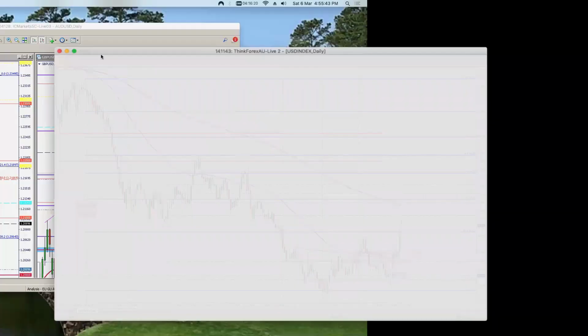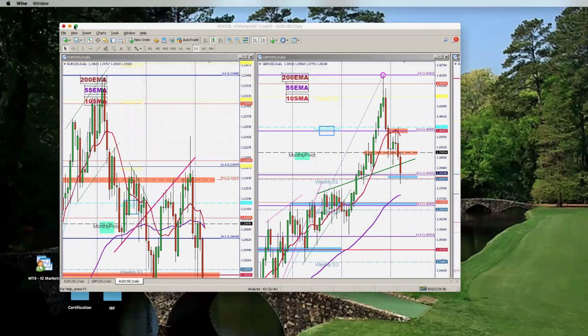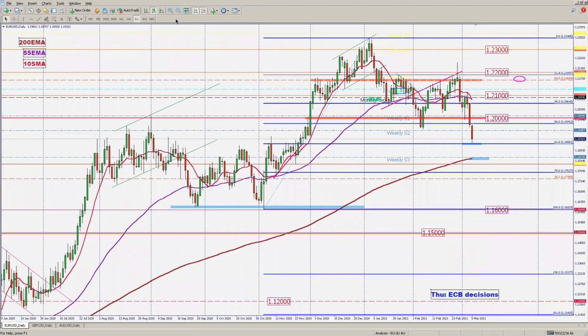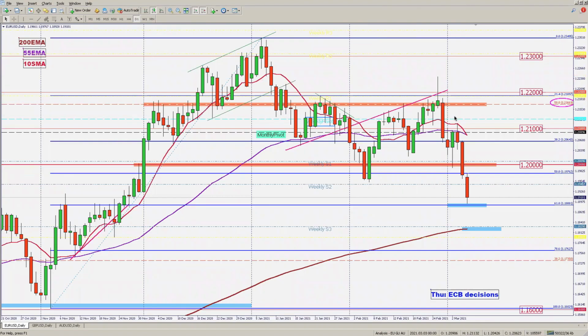All right, let's move on to the euro. Following the drop at the end of February, which was the last day of the previous week, it has pulled back to the 121.00 area before getting rejected and falling back below the new monthly pivot and the daily 55 EMA, and then accelerated further